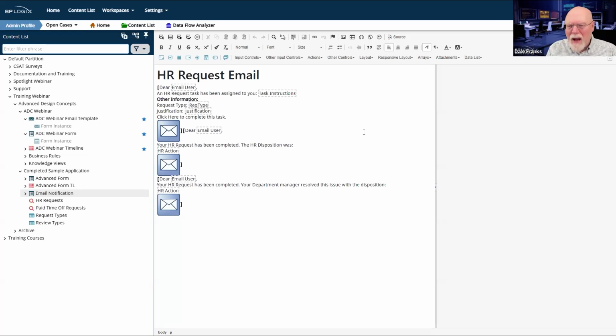One more thing about email templates. You're creating an email. An email is just a text message. A lot of people ask this, well, I want to put data input control. I want them to be able to fill out the form via email. That is never going to happen because that is not how email works.